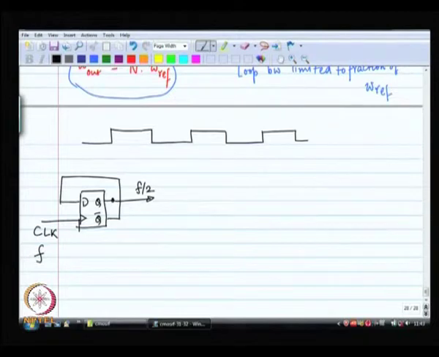So, if I use this as my circuit over here, I am going to get and so on. Wonderful. So, I can use my knowledge of digital sequential circuits to build counters and that can help me in dividing a clock